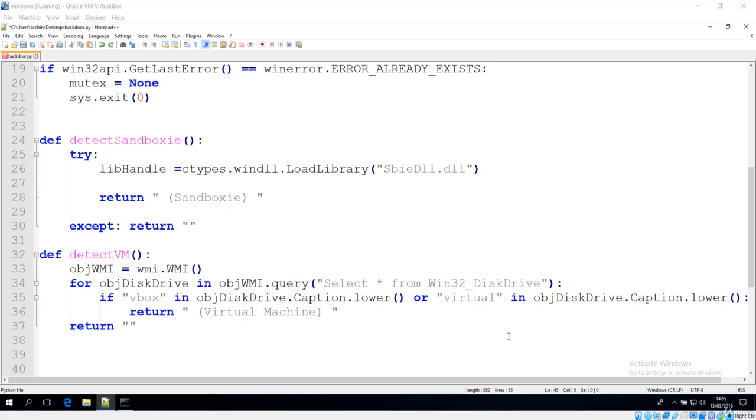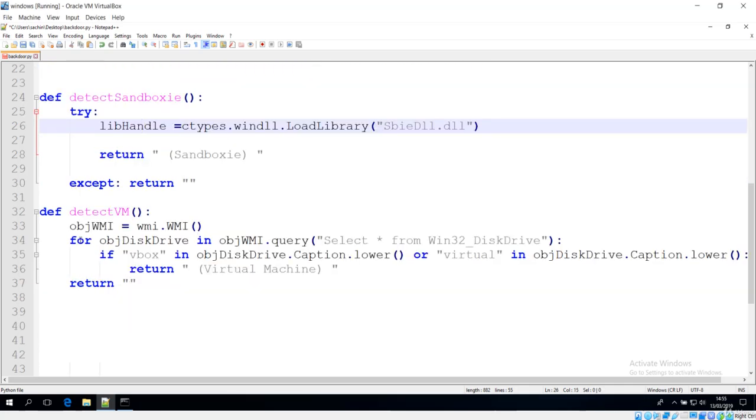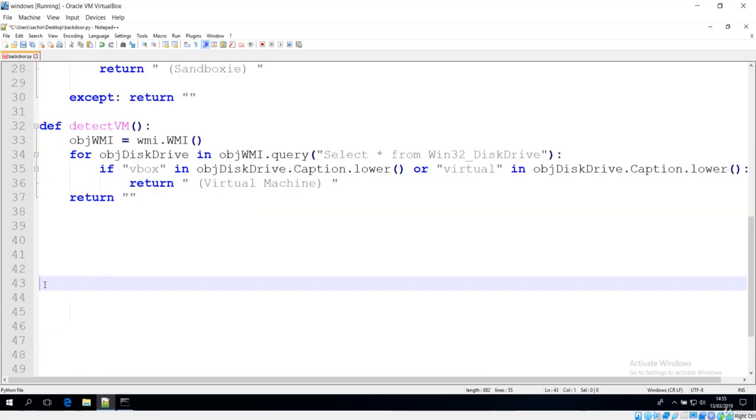Welcome to this lecture. Now let's get to the point where we can communicate this client to the server, which is our Kali machine. In the previous lecture we made this sandbox to run our backdoor on. We detect the virtual machine and assign some of these stops over here. So let's get to the main part now.